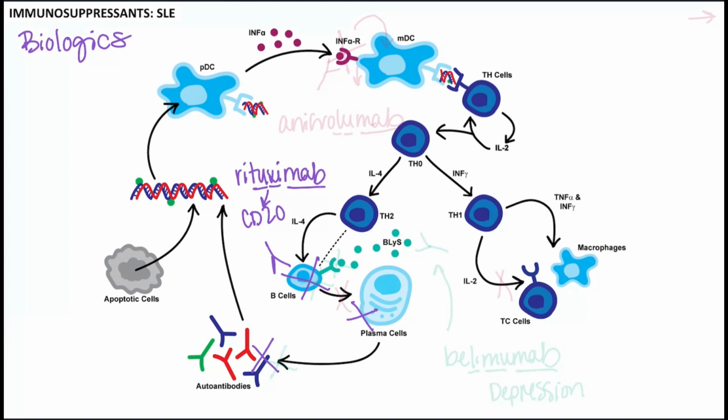Despite this critical role of B cells in SLE, clinical trials did not reveal much of a benefit of rituximab for these patients. So it is reserved more for refractory cases that do not respond to other immunosuppressive regimens with more established benefit. Because of this limited applicability and because it shares a lot of adverse drug reactions and concerns with other monoclonal antibodies, we will just go ahead and move on to our next agent, which is belimumab,